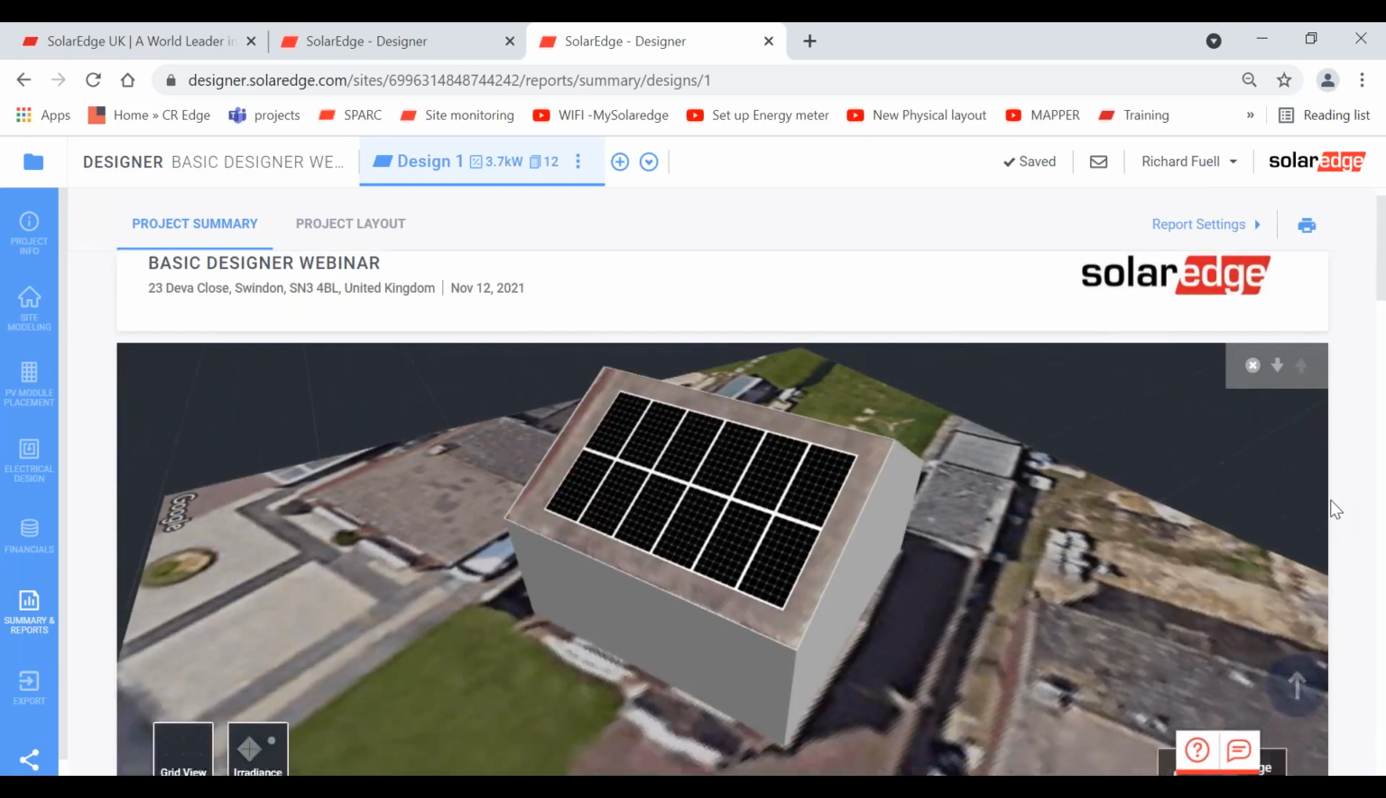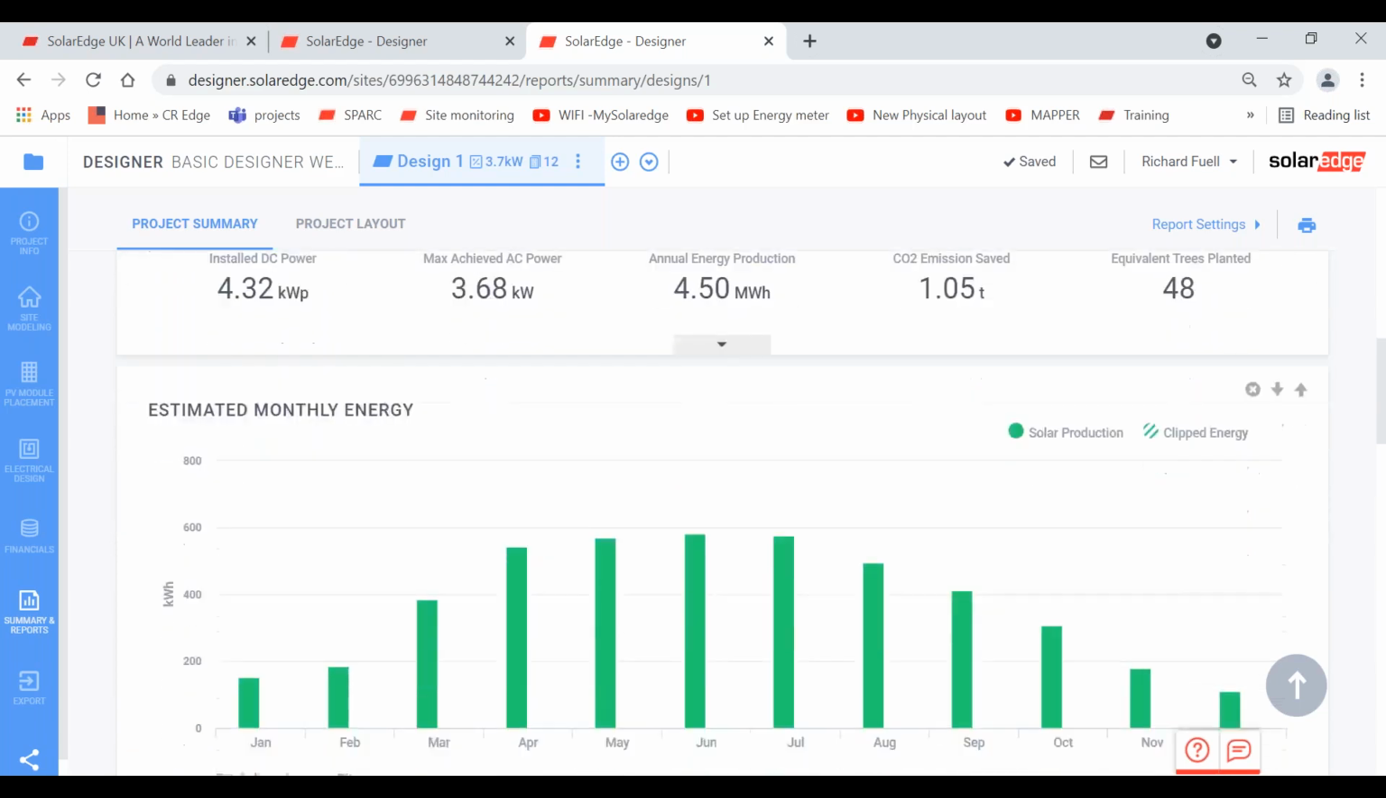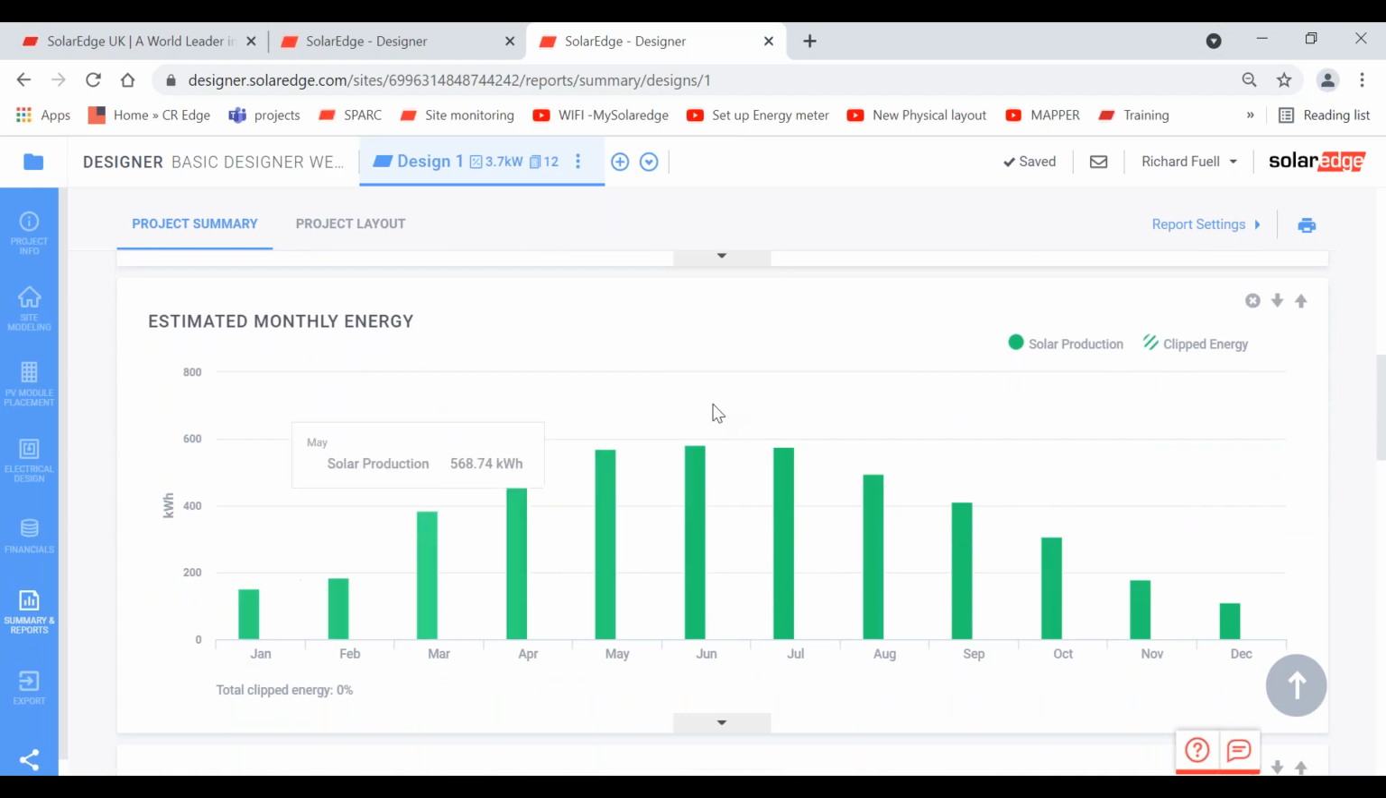Okay, so as we scroll down, we've got our installed capacity of 4.32 kilowatts. We've got a maximum achieved of 3.68 kilowatt inverter and our annual energy of 4.5 megawatts. The CO2 savings and our equivalent of trees planted. As I scroll down here, it shows us the generation of this system. Okay, so this is obviously over a whole year. We can see we're generating much more power in April, May, June, July, August compared to January, February, November, and